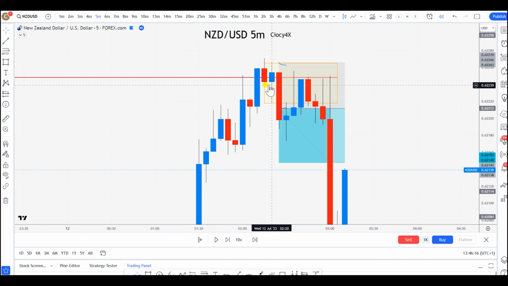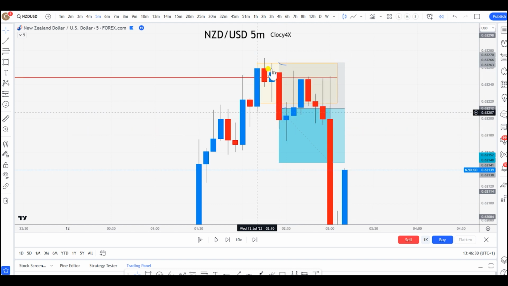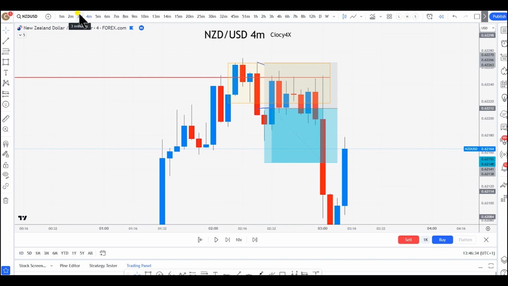So in one zone, right, you can literally use 3 to 4 concepts aligned. So you can use your supply that's happening thanks to the base. How do you know this is a base? Because after the base, you have a huge drop to the downside. So this is a rally base drop. Then if you don't like the base and you want to use the order block, then you can use this one, right? You have the last buy before the sell to the downside, okay?